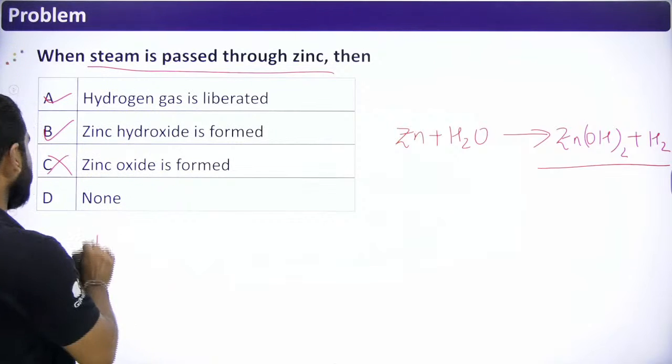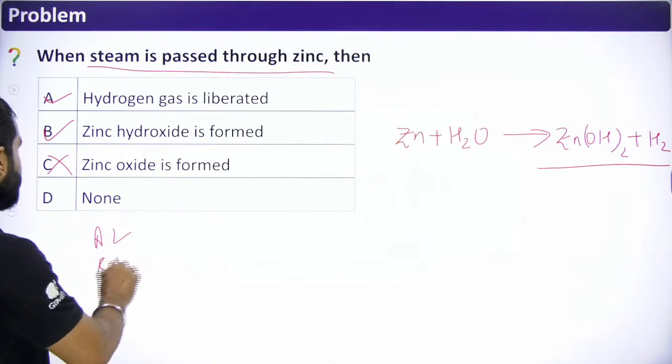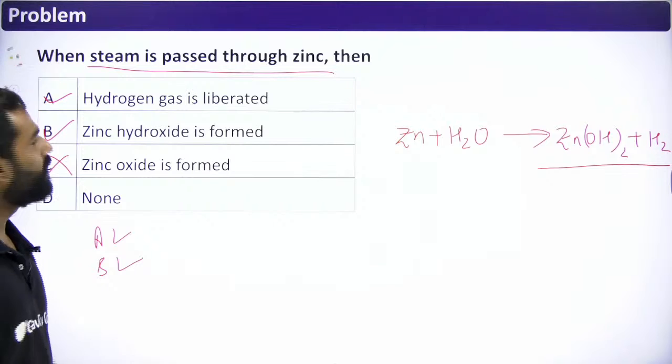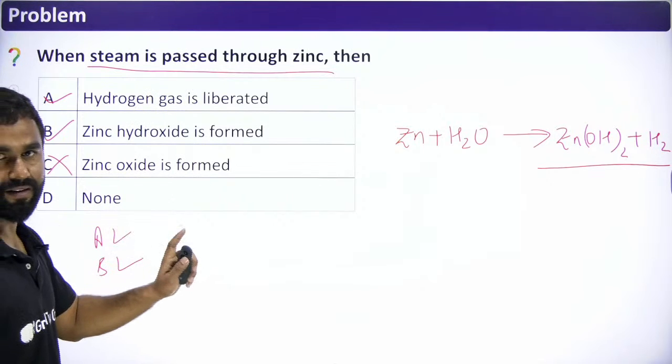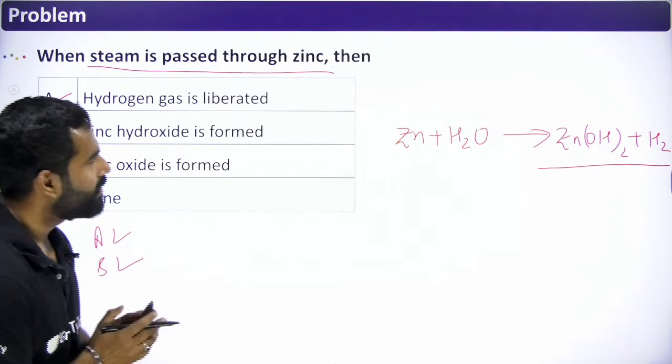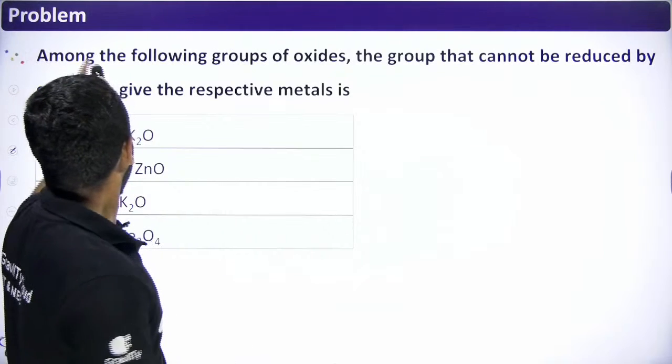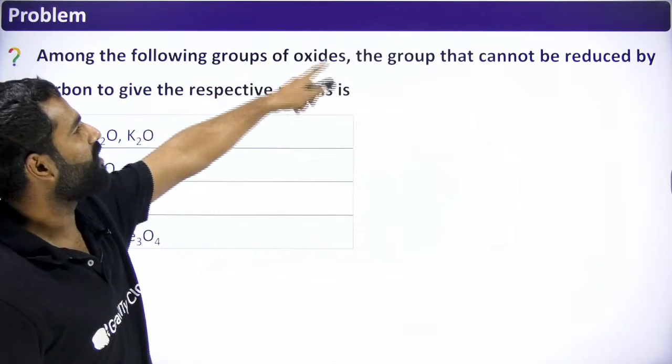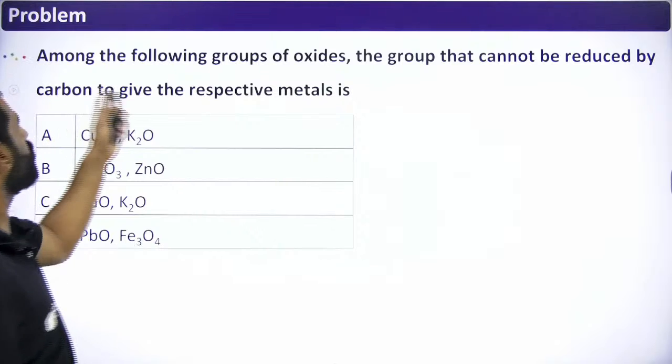So option A is correct, option B is correct. Simple. Option A and option B both are correct. Right? Next question. Among the following groups of oxides, the group that cannot be reduced by carbon to give respective